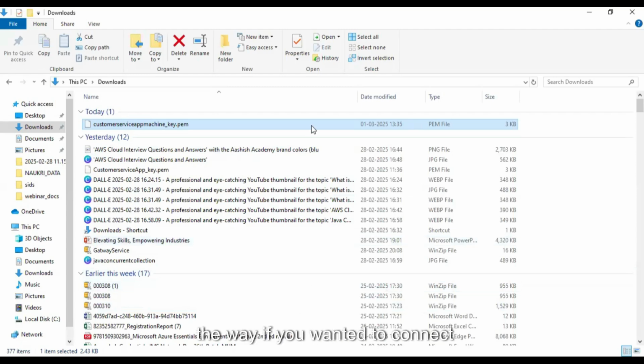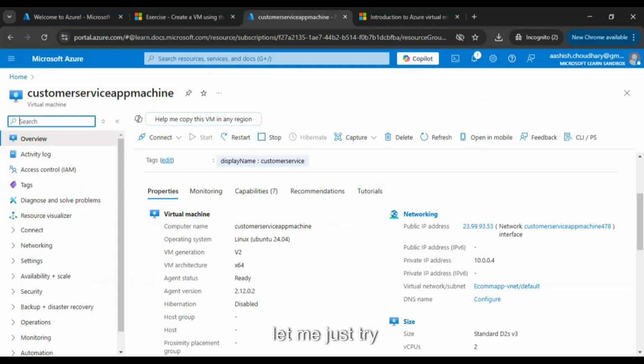The way, if you wanted to connect through just AWS or like this, is by selecting a key and then you can connect, right? And Azure user is a basic user which you can use for connecting to that machine. So let me just try 23.99.93.3. I have already put these details into PuTTY